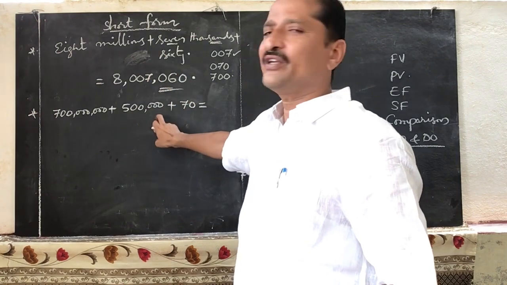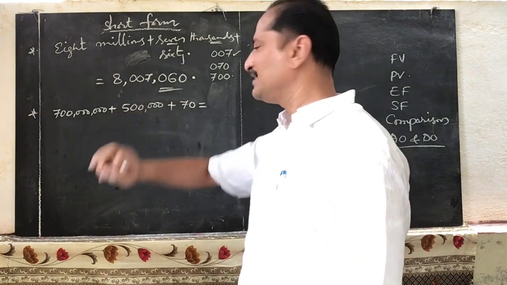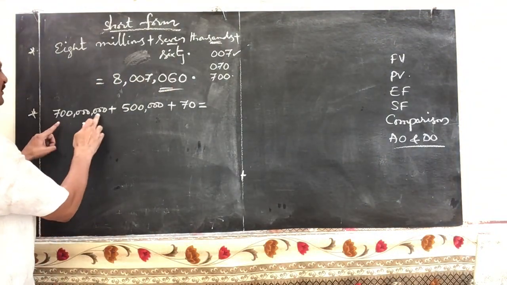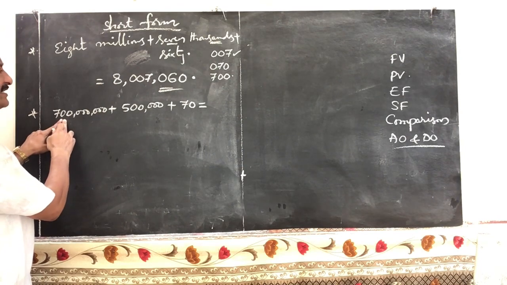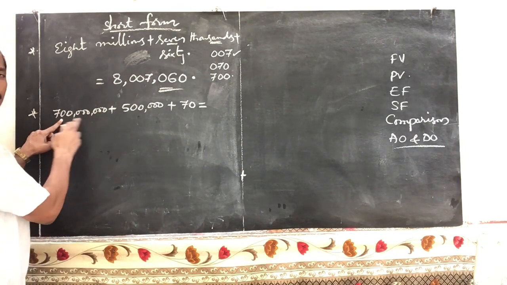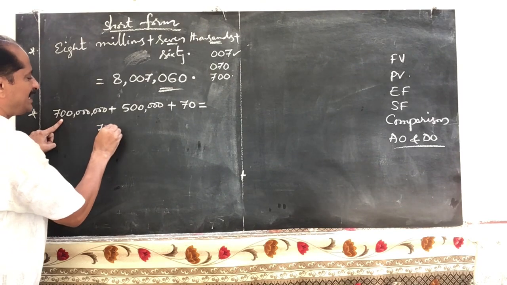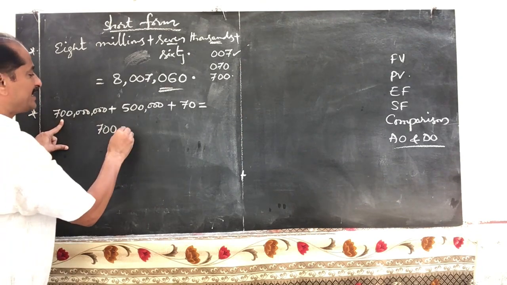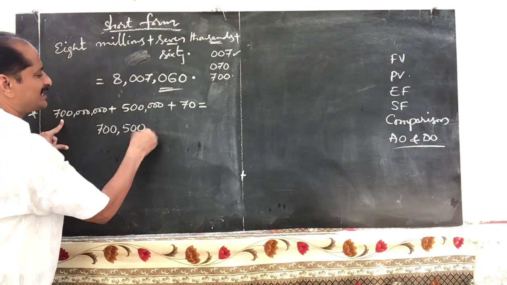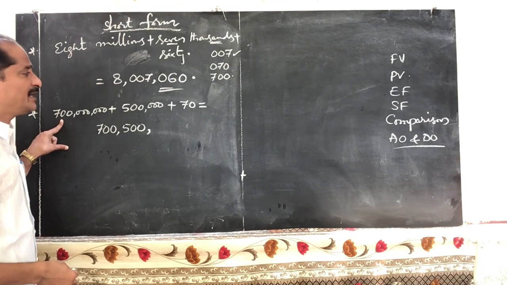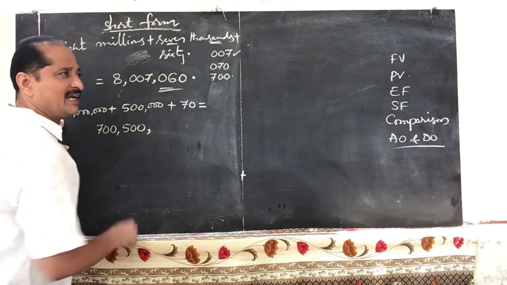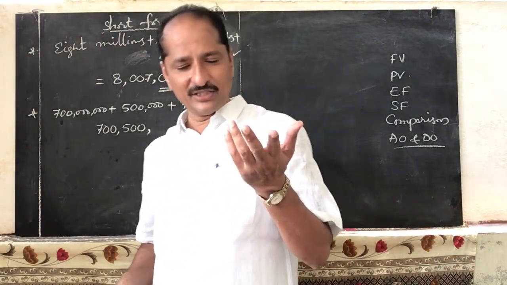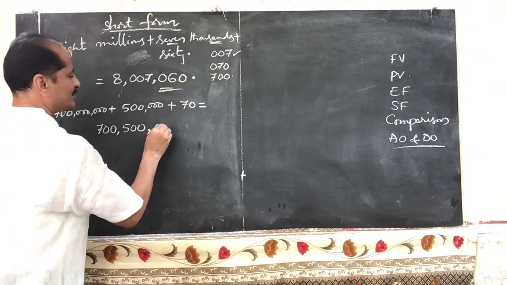Now we can see how to write down the short form for this in this model. If it is given in this model, how can you write? So what is given here? Units, thousands, millions. 700 millions and 500 thousands. Is there any millions? No. So 700 millions. Write down millions period 700. Next, thousands. How many thousands do we have? Only 500,000. And the next order after thousands is the units period. Units period should contain 3 places. But how much is given to us? Only 70. How can you write 70 in 3 digits? Yes, 070.